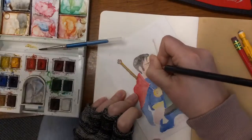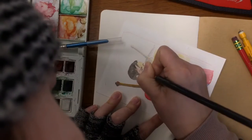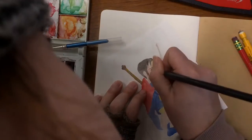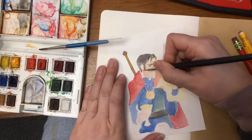Because this was still partially wet, I really couldn't do any white gel pen or highlights or anything like that, as you will see in the title description of this video. I do use a bit of pencil crayon at the end just to block out some lines and give it a more illustrative feel, but